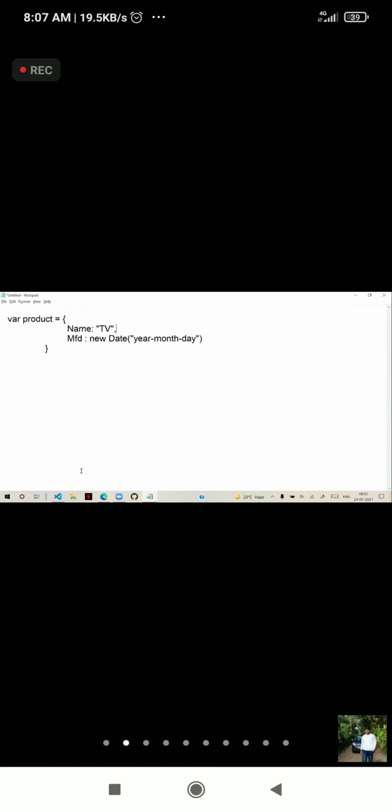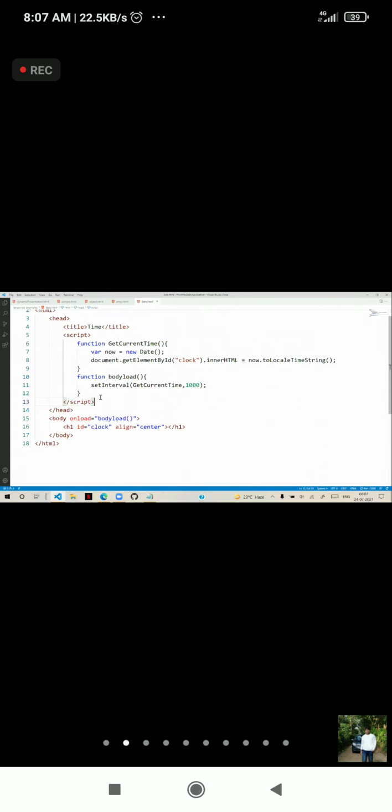Set interval, you will learn more about it later in the events concept, because here we are just using it for time, but it is used for many other options. We have set interval, set timeout like options, and by using them we can handle a lot of functionalities. For now, just understand how to execute a method every second, or every few seconds.